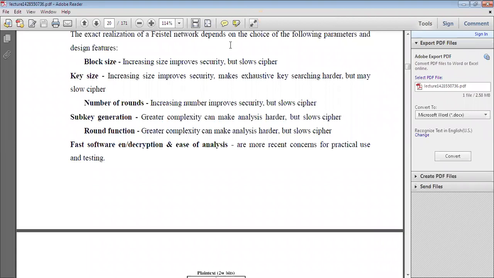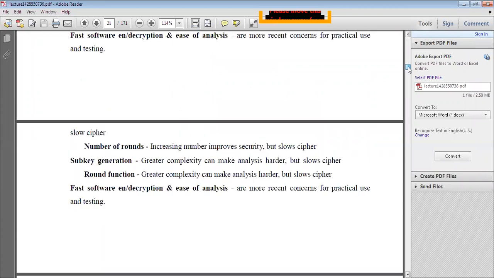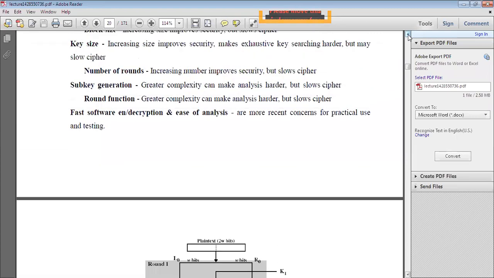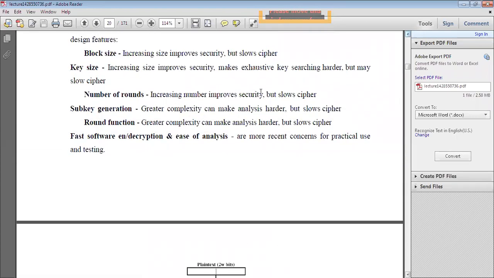Number of rounds. So number of rounds means, in the Feistel network, you can perform the operations here. That is F1, F2, F3, up to this is one round, and this is round 2, up to how many rounds? 20 rounds, or you can take 36 rounds. So based on that, as the number of rounds increases, security also automatically improves a lot.